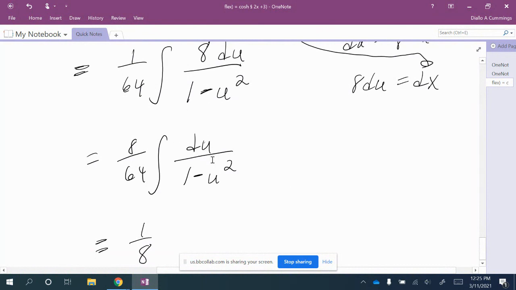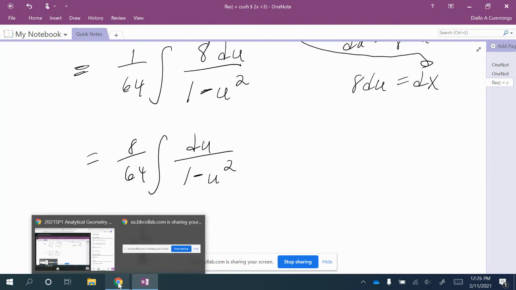And now I'm going to use the formula to integrate 1 divided by 1 minus u squared, right? If I look at the formula,